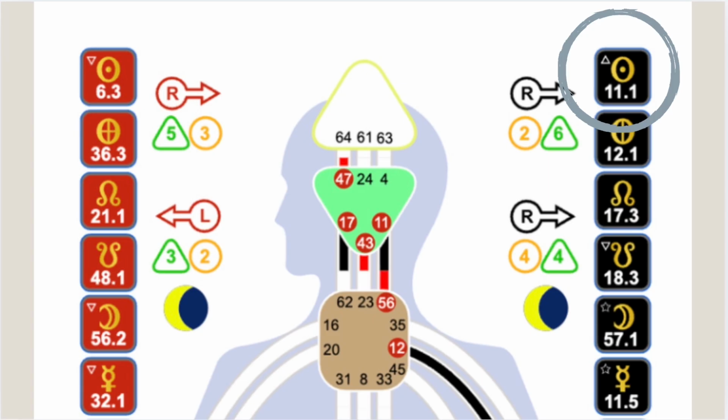So looking over at her conscious sun, she has 11.1, and 11 is about ideas. It's part of the channel of like the storyteller. So this means that one of the pieces of her core identity is that she learns throughout life how to manage conflict in a healthy way, or healthy conflict, because conflict doesn't necessarily have to be ugly. It's just a word that's been associated with being ugly. It's just disagreements, maybe, or different views. And she learns from it, and then she shares it with people.